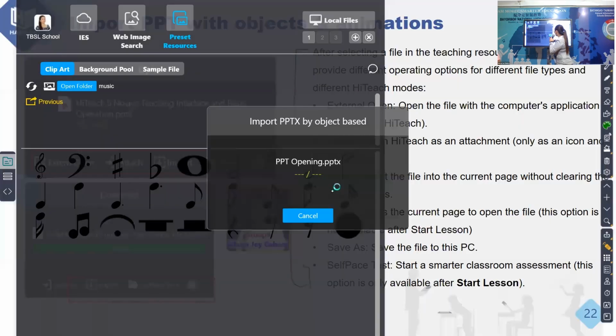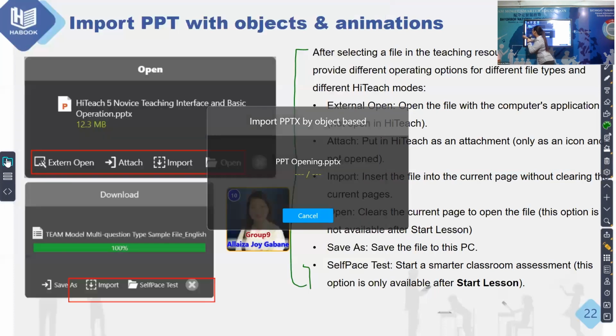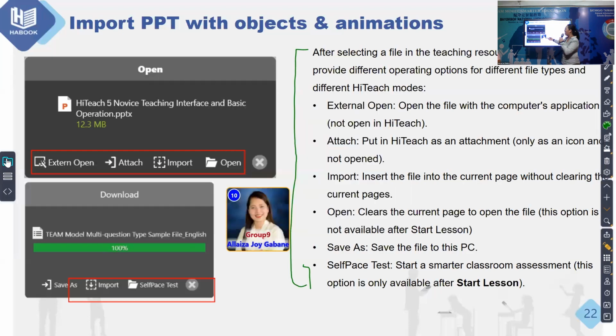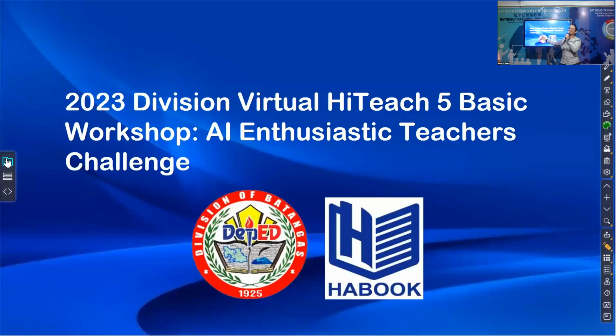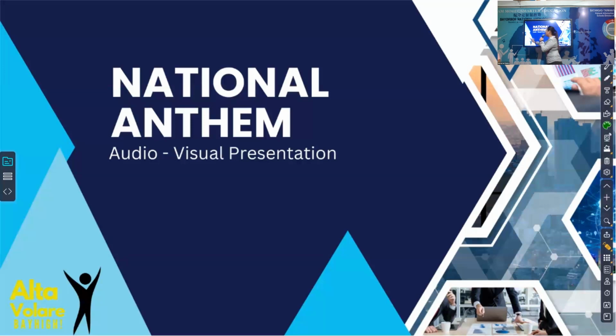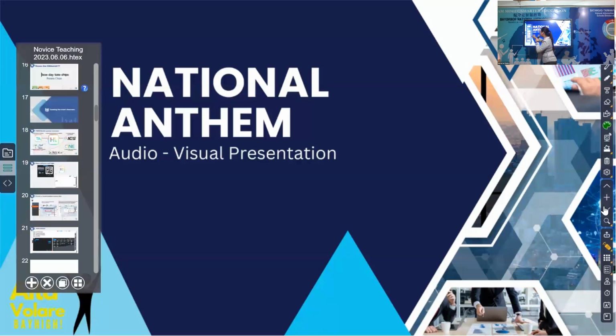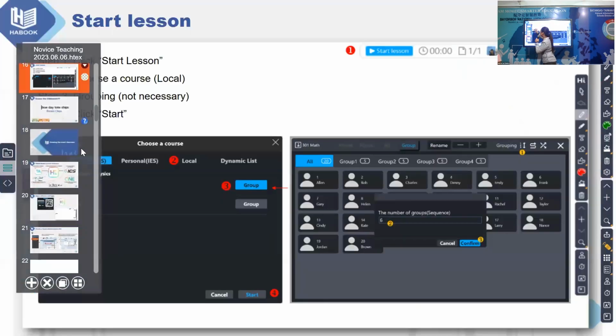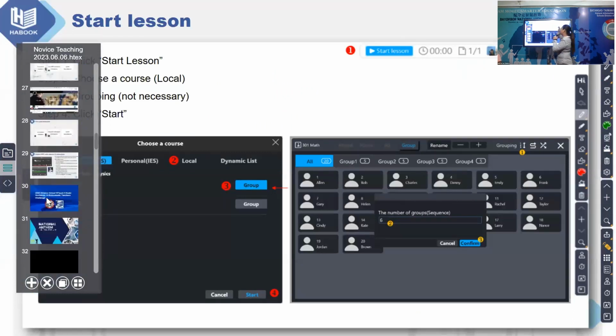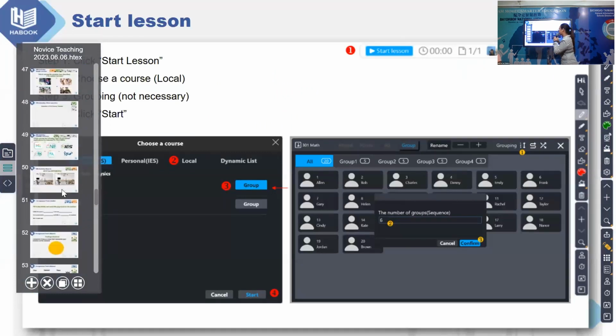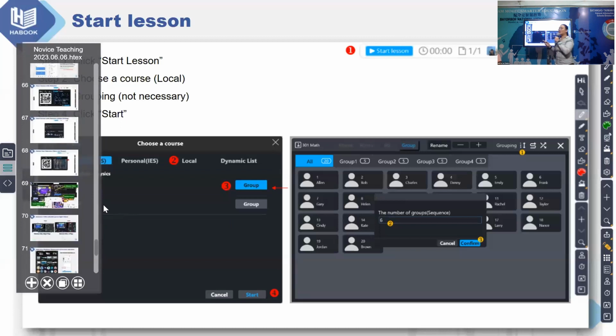Then your PowerPoint presentation will be added in your slide presentation, like what is happening right now. So this is our opening program PowerPoint presentation, and that is option number 2, my dear teachers. After importing our PowerPoint presentation, the next thing or the other